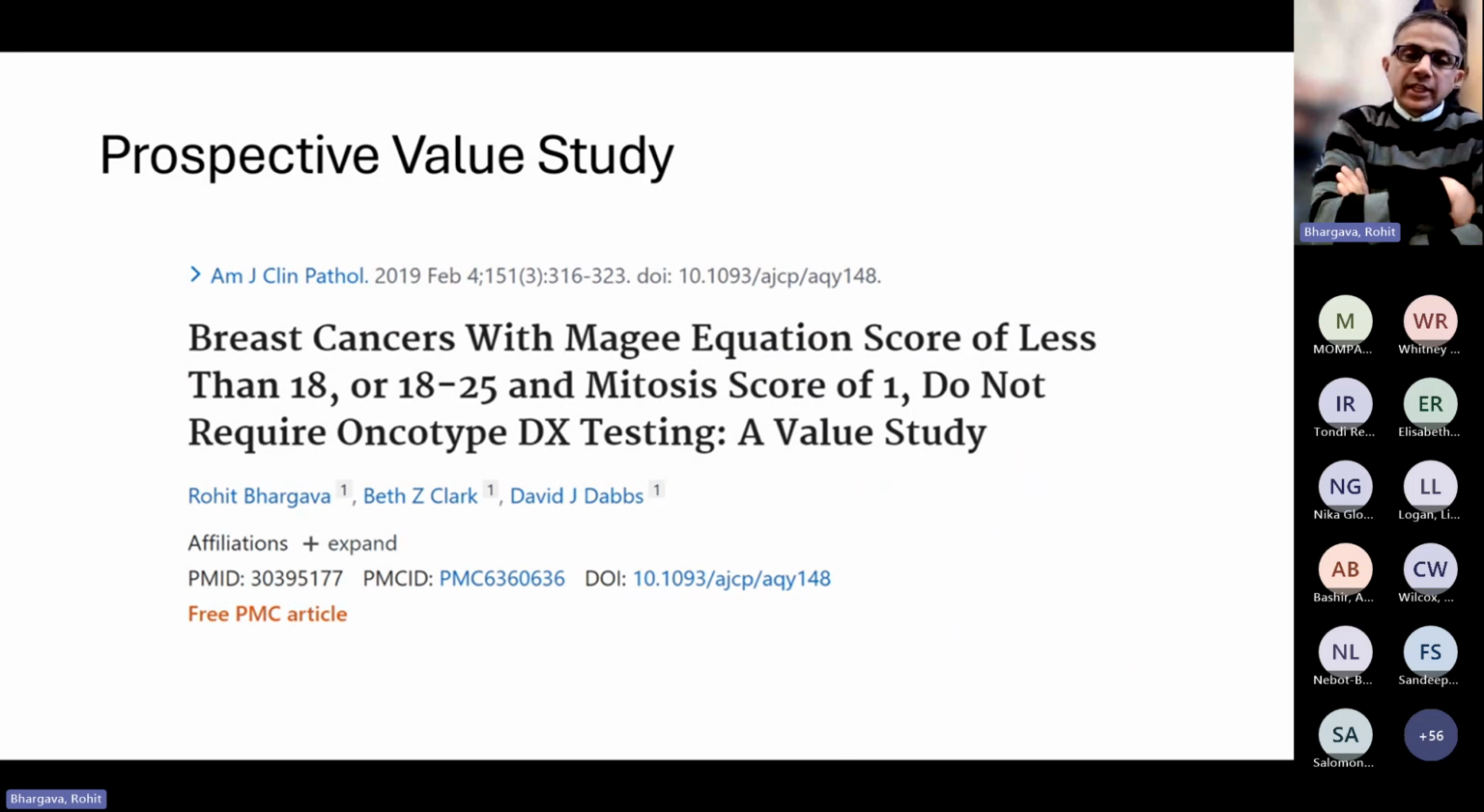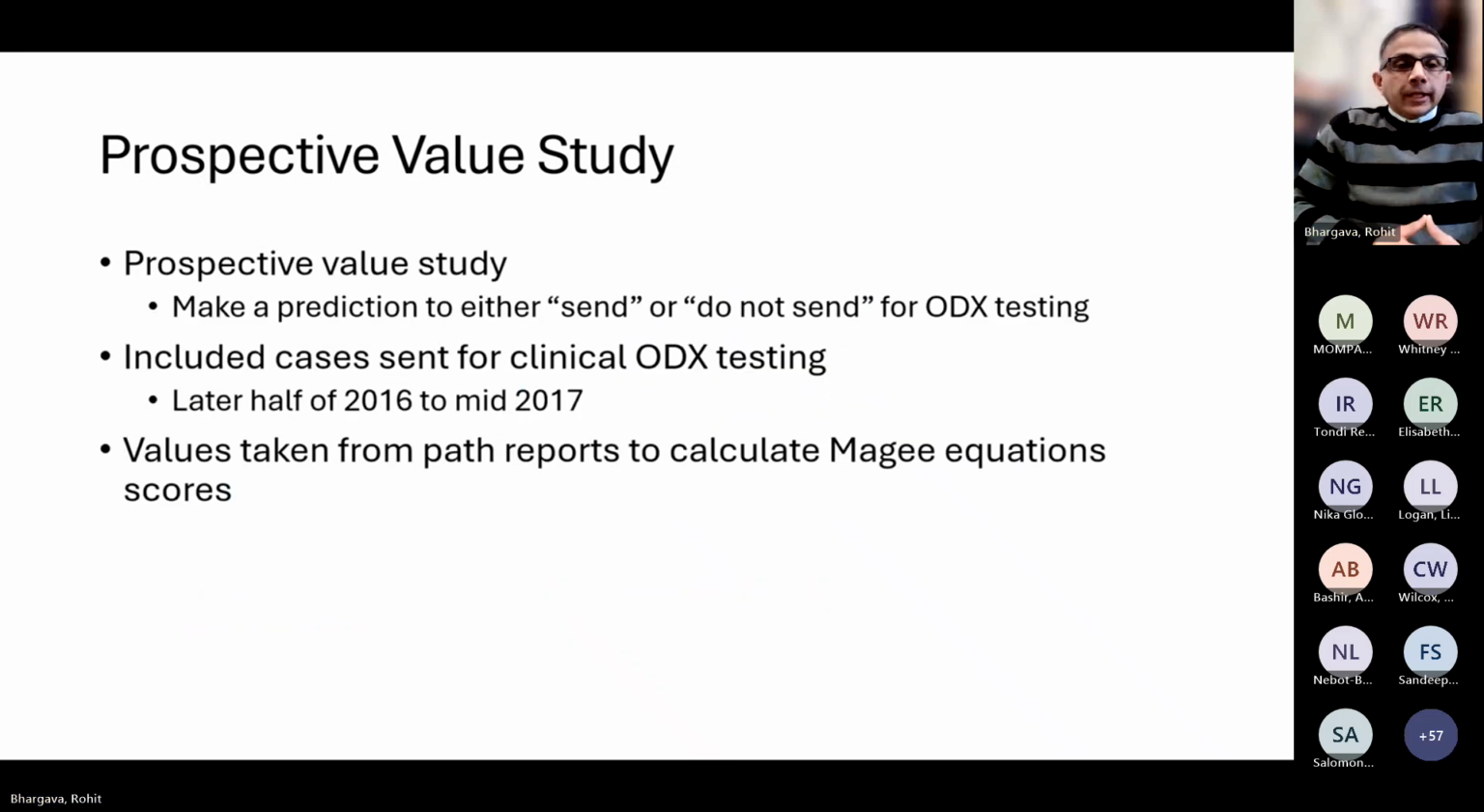We realized that even after publishing this and estimating the Oncotype DX recurrence score, we continue to send many of the cases for Oncotype DX. It didn't make much of a dent, although in the extremes of cases, the clinicians would use the Magee equations. So we thought, why not do a prospective value study to make